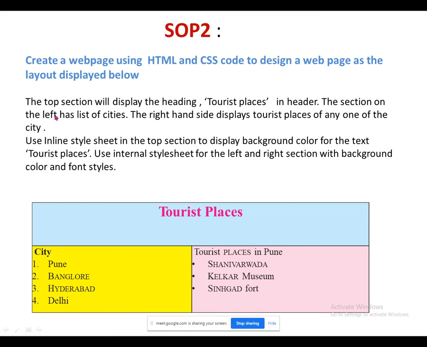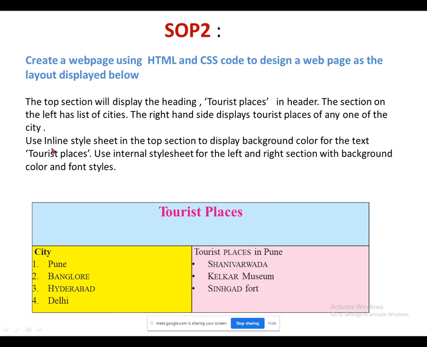The section on the left side has a list of cities. Okay, so here on the left side you have to display the list of cities. The right hand side displays tourist places of any one of the cities. Okay, so on the right side, as per the layout, you have to display the tourist places of any of the cities here. Okay, use inline style sheet in the top section to display the background color for the text